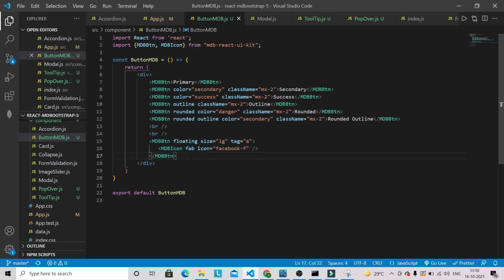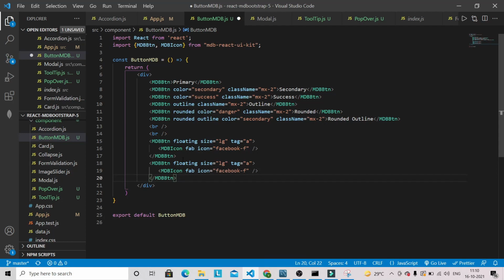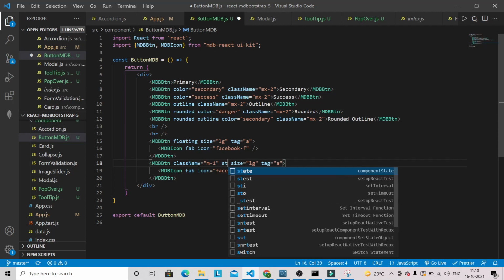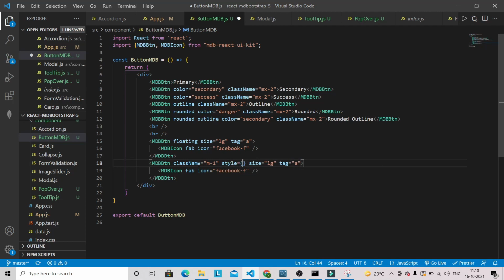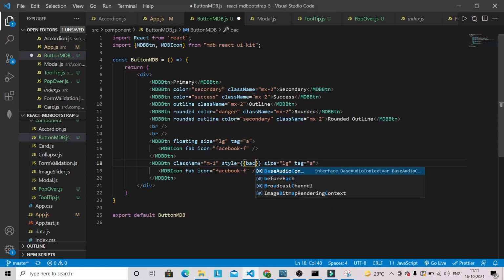What I can do is copy this entire thing, paste it here, and remove this one. We can give className m-1, and we can specify a style here, in which we can specify the background color.